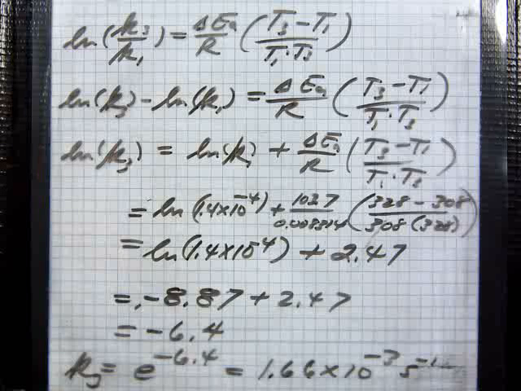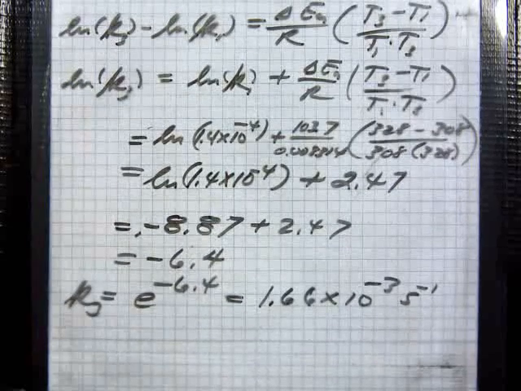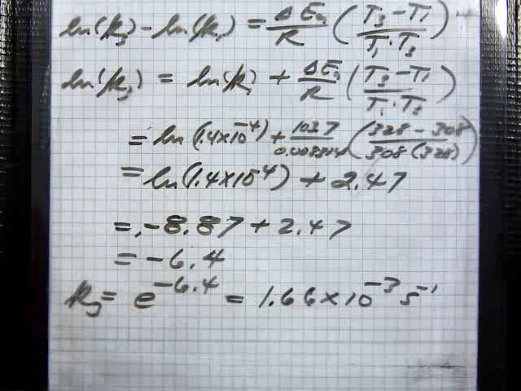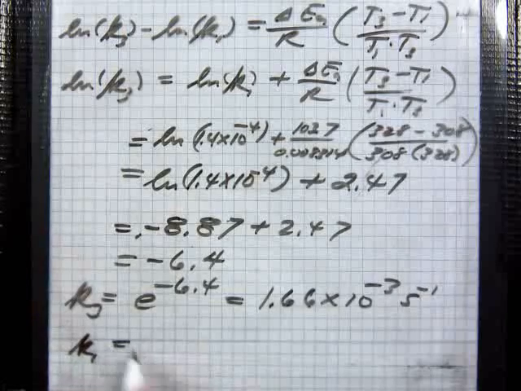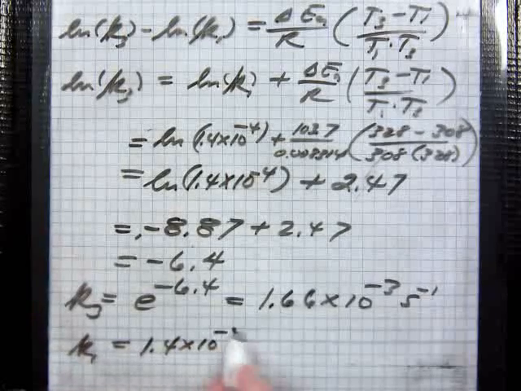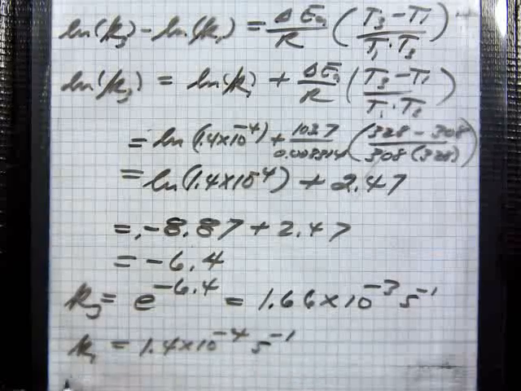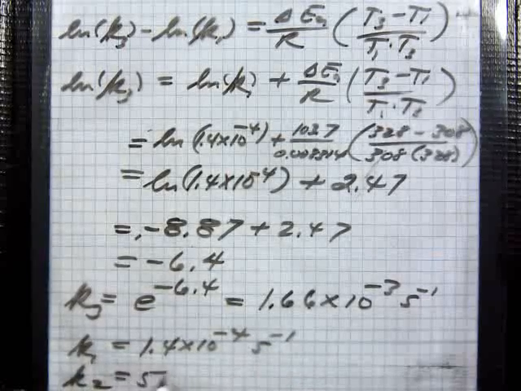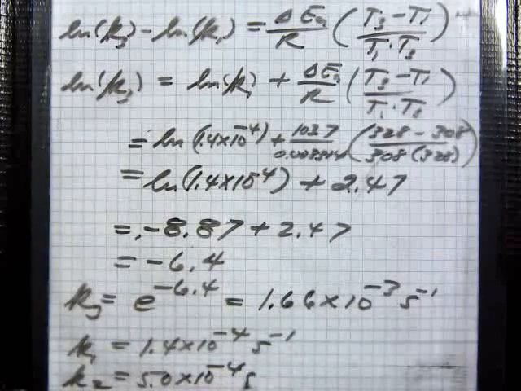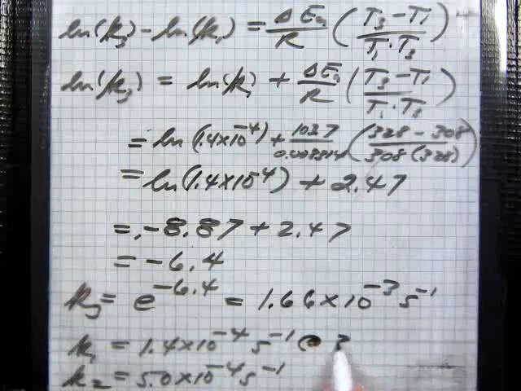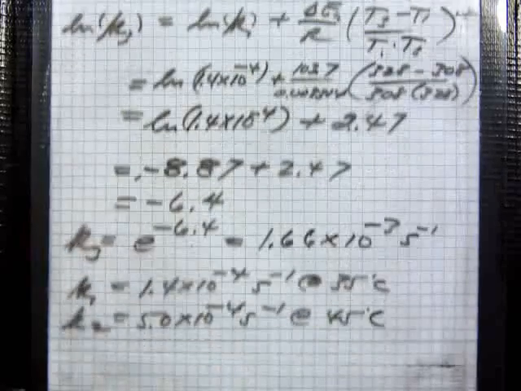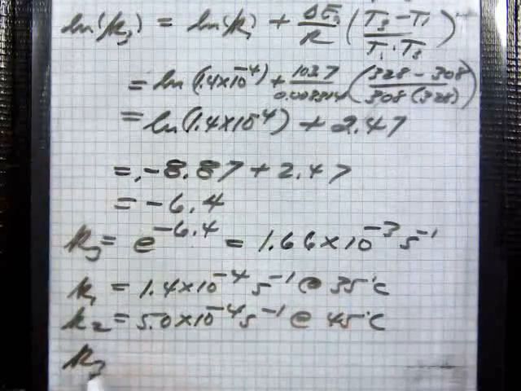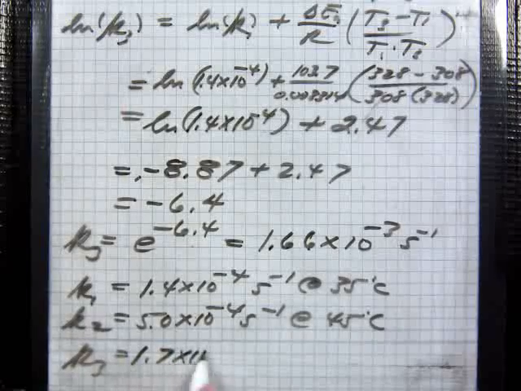So if you compare the K1, K2, K3 in here, you'll find that it's logical, as you heat the reaction, rates go up, because K1 was equal to 1.4 times 10 to the minus 4 seconds to the minus 1. K2 is 5.0 times 10 to the minus 4 seconds to the minus 1. This was at 35 degrees C, and this one's at 45 degrees C. And as we've shown, K3 is 1.7 times 10 to the minus 3,